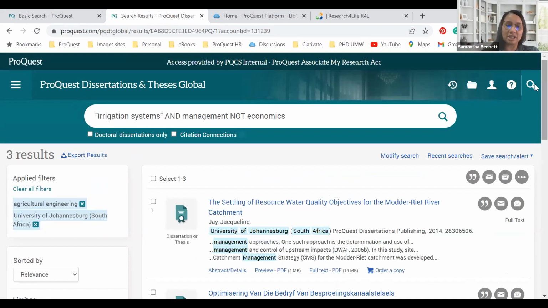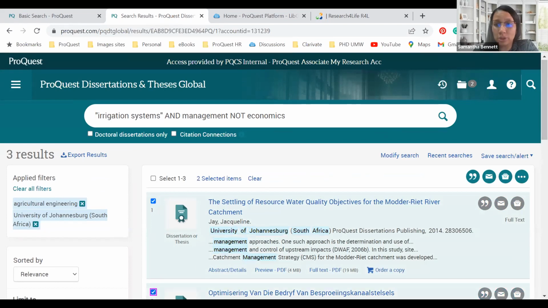Let's assume these 3 dissertations is what I'm interested in, and I would like to add them to my research account. What I can do directly from here is, let's decide we would like to choose 1, 2, or let's say we choose all 3 of them. As you can see, my selected folder now all of a sudden starts adding numbers in here. Remember, I didn't save the search here yet. The system will remember all of the searches that I've done on the platform because I am signed in, but the moment I sign out, it will remove all of those.